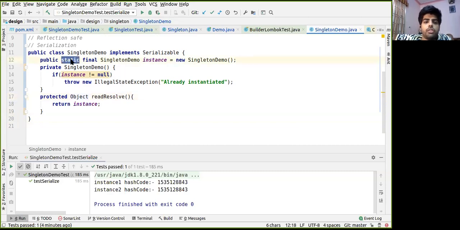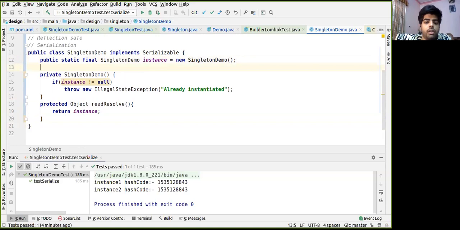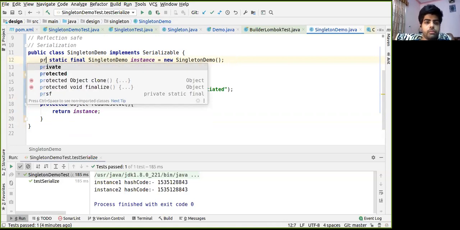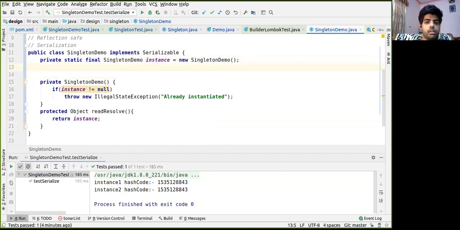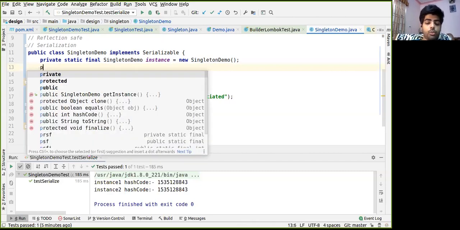Static with an instance generally guarantees that the instance will be loaded with the class, but static with a method or an inner class does not guarantee that. So would we try using it with a method? Suppose we make this private, and instead of providing the instantiation mechanism here, we'll delegate it to a method.